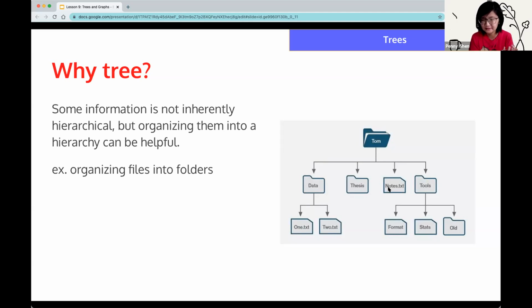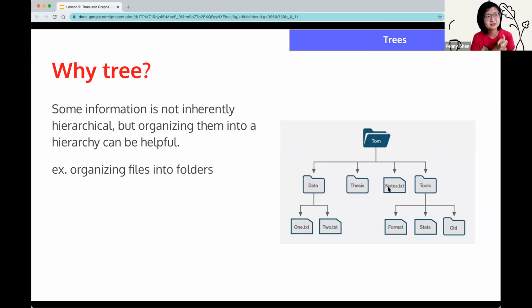They're not inherently organized, but if you put them all under one folder, they may be really hard to find if you need a specific paper. So you probably organize them into folders by year and then semester, or by subject or whatever. And organizing into folders is your way of organizing this information into a hierarchy. You're already thinking in trees in that case.